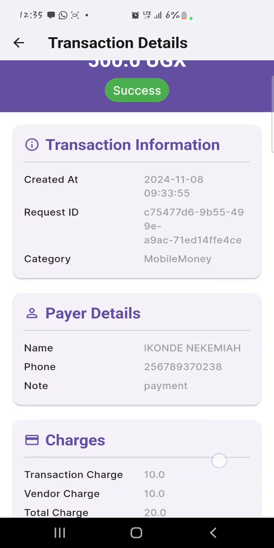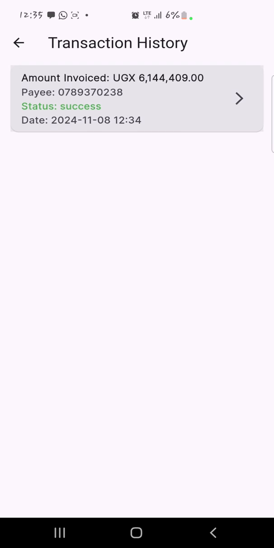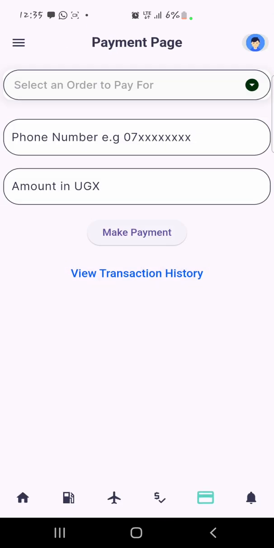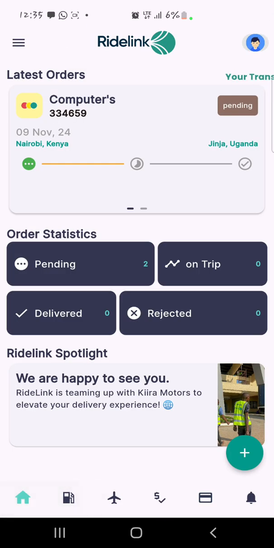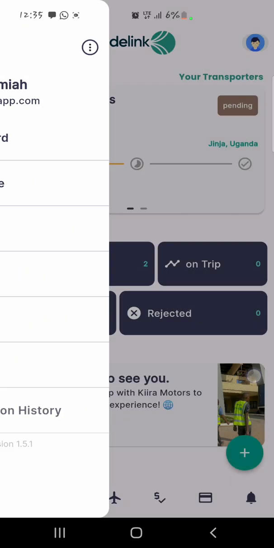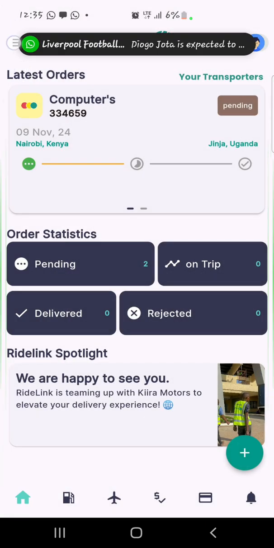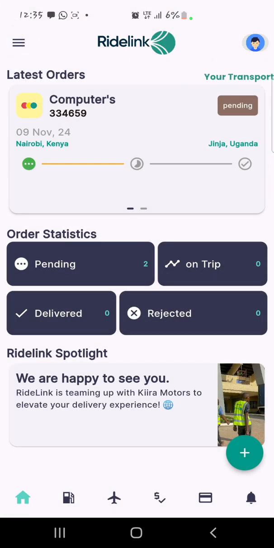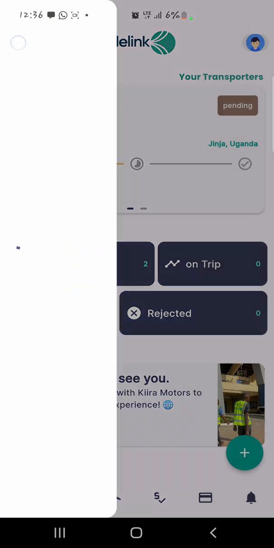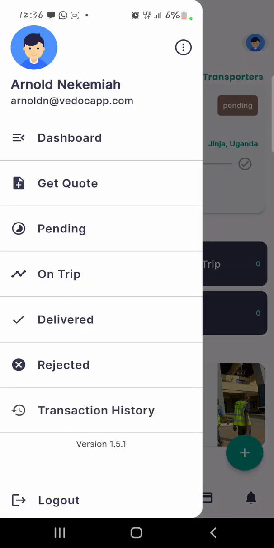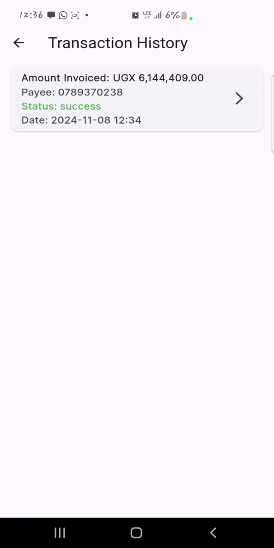So now the fetch is complete. As you can see, that was the payment that was made. Another way of accessing the payment history is by clicking this button here for the menu. When you click it, you will be shown a transaction history section. So when you click it, you'll be able to